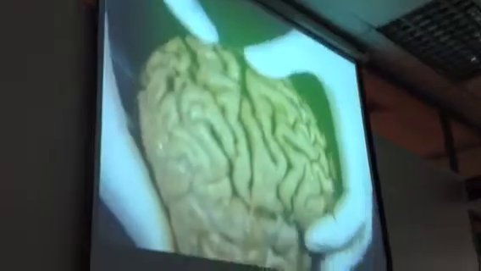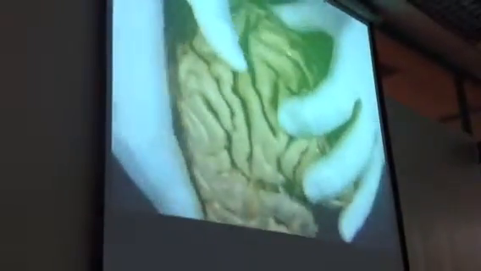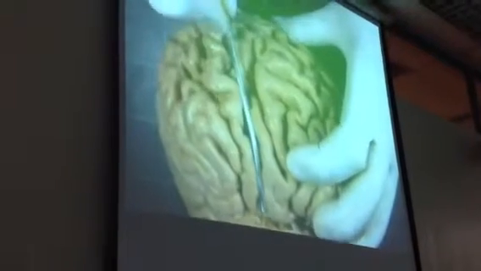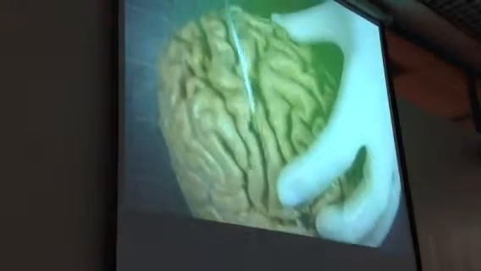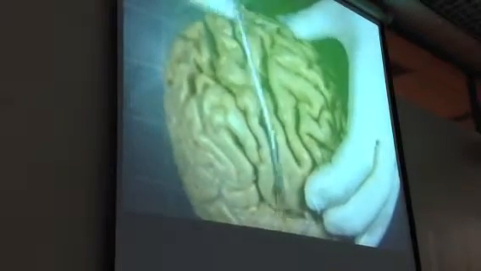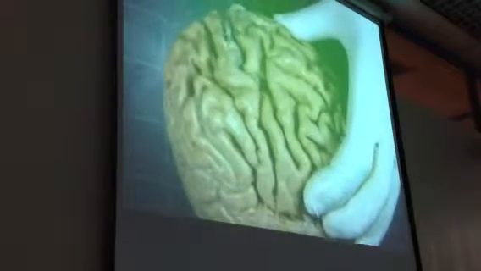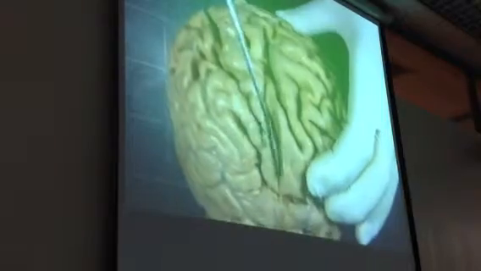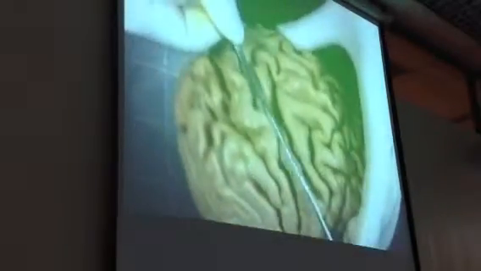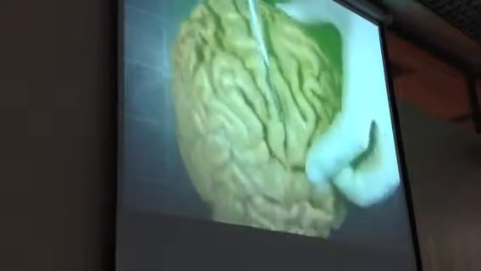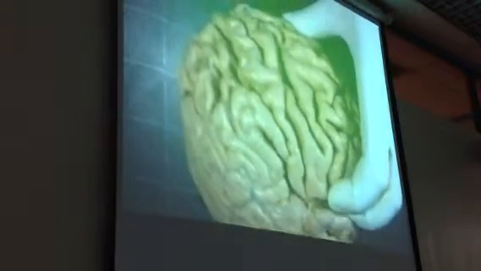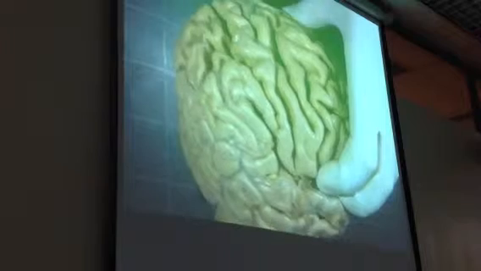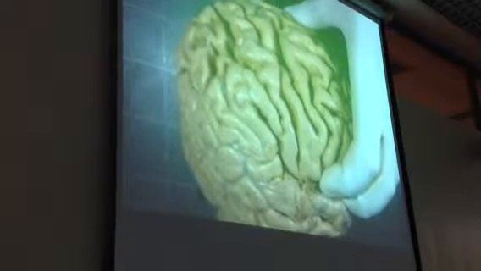Another important sulcus will be this sulcus. You can see it's going antero and slightly upward oblique, going posteriorly. This is the central sulcus. So it's not a straight line, but kind of oblique. It does not really go through the Sylvian fissure, but there's an interruption there, which you can see. The best way to identify this, because some of the brains may not appear very clearly like this,